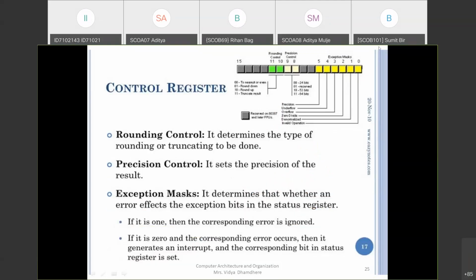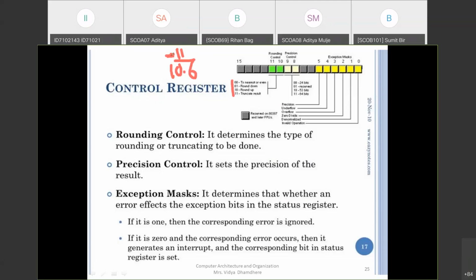Now next one is rounding control and precision control. Rounding control determines the type of rounding or truncating to be done, that is, what type of rounding operation. If you are performing a floating point operation, for example 10.6, whether you want to perform rounding: if you want to make it an integer, you can make it 11. So 10.6, after rounding, becomes 11.